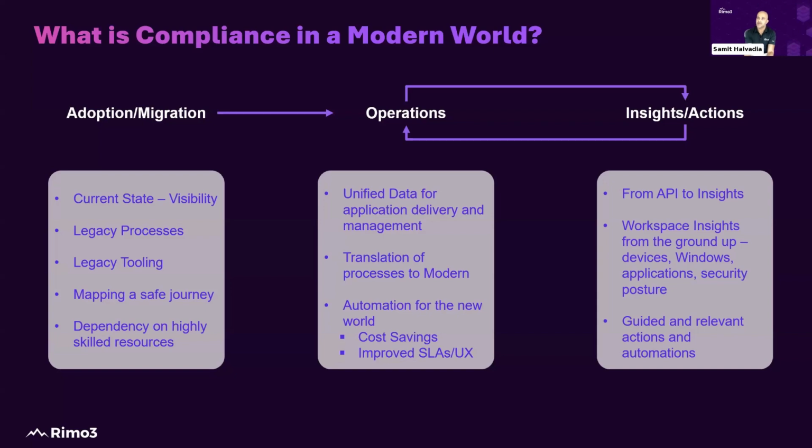So the journey is definitely a big part of that overall automation pipeline, but ultimately it's going to be continuously happening as and when you get new versions of applications, new versions of feature updates, new cumulative updates, and you're using autopatch and hotpatch capabilities. What you need to ensure is that your users are not going to be impacted and your application portfolio is going to run the way that it's meant to. And only by tying these 3 tenets together do you have a solution that can really give you the adoption route as well as the operations wherewithal, and then the insights to be able to take action to help you stay optimized in your